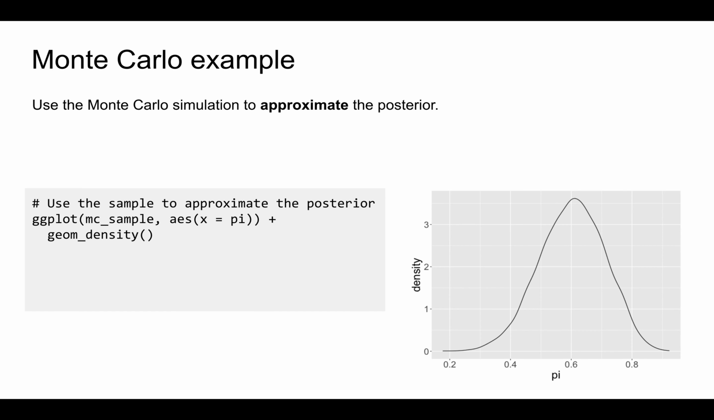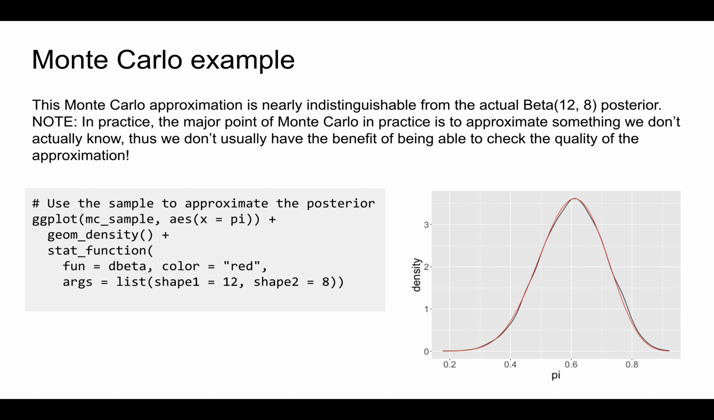Finally, we can use this Monte Carlo sample to approximate the posterior. For example, the distribution of our Monte Carlo pi values provides an approximation of the posterior PDF. That approximation is shown here. When we compare this approximation to the actual beta 12-8 posterior that we are trying to approximate, the results are